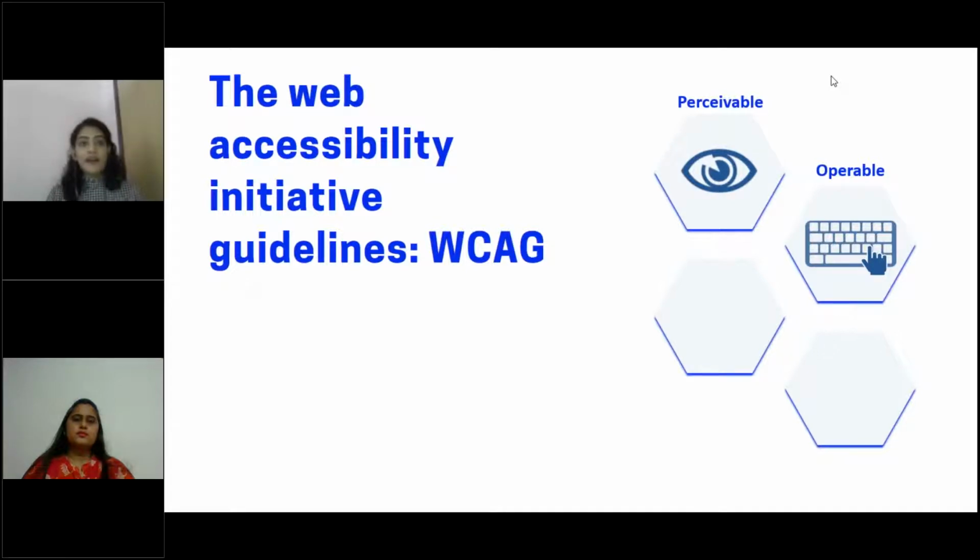But what can be done is make the same button reachable through keyboard navigation. So that's another way of me being able to operate the application. And that's what the guiding principle talks about. The next one is